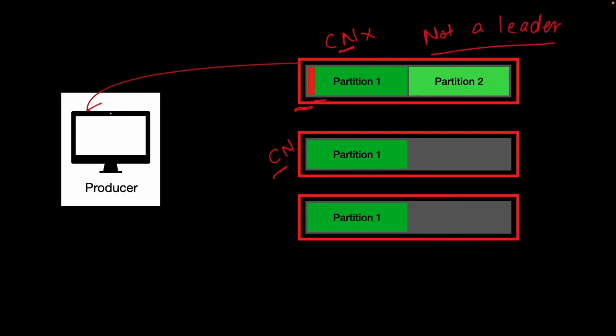Once the producer or the client gets this error, meaning the particular broker it is making the API call to is not the leader of the partition, the producer will make the API call for the metadata again, fetch the latest information of the controller node and the various partitions, and make the API call to the new controller node to publish the data.